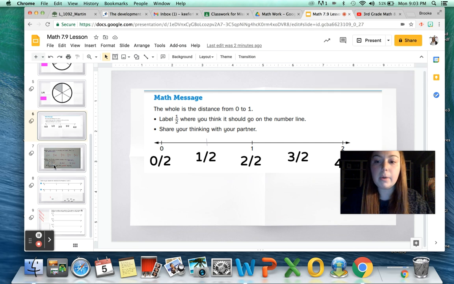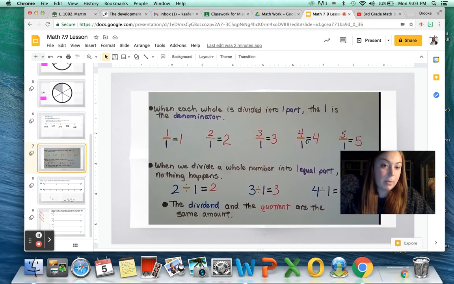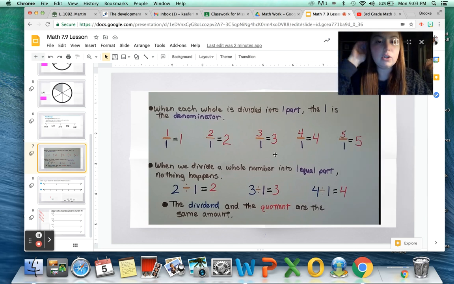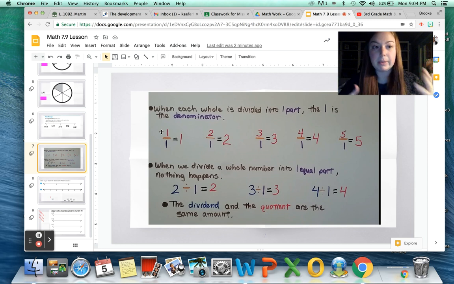All right, so the next part we're going to look at will help us with the second part of this workbook page. So what this is saying is it says when each whole is divided into one part, the 1 is the denominator, okay? So how that looks would be for the numerator and the denominator, 1 over 1 would equal 1 whole, okay? Because what that would mean is as we're going through fractions and we're dividing them up